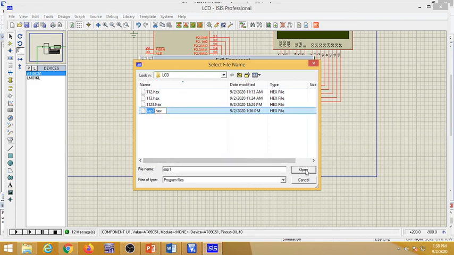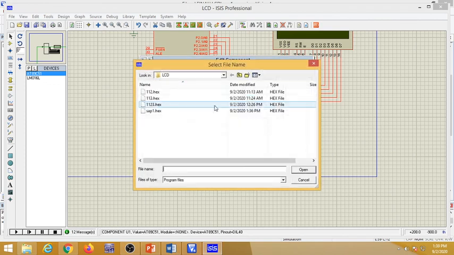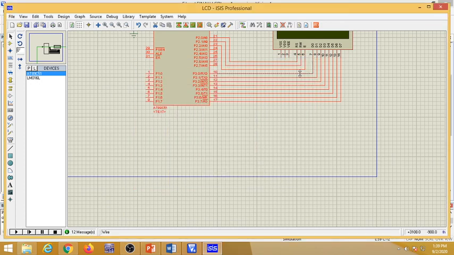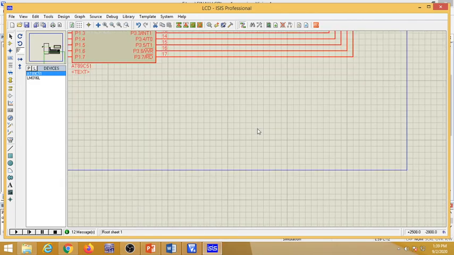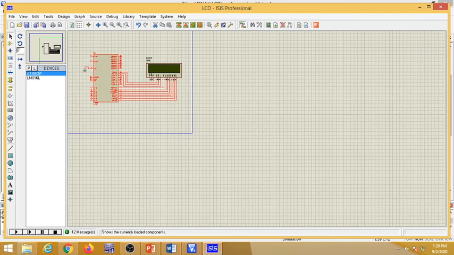That file I am opening here, then close. Okay, sap1 open, then say okay, and then just enlarge that. Then start. Sangeeta Patil will display on the LCD screen and it is continuous. Okay.